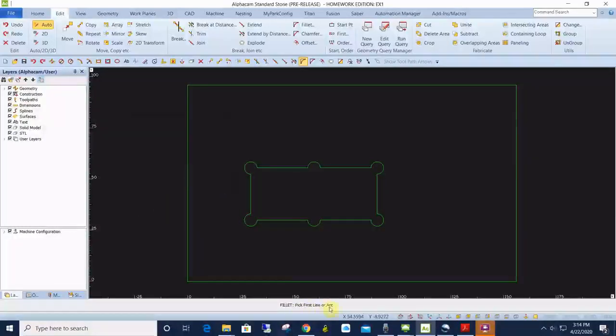Now on the bottom it says pick your first line or arc. I'm going to pick my arc. Whatever arc it's closest to the fillet is where I want to select. Now I'll go over to the line, and it puts a nice smooth 5-inch radius fillet in there. We can go ahead and do the remaining